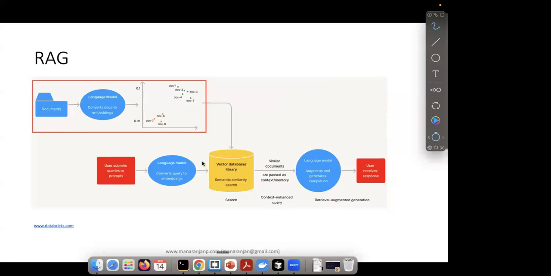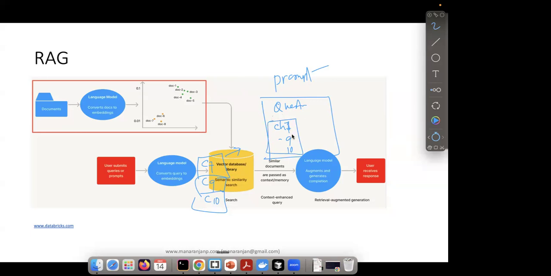So let's say chunk 7, chunk 9, and chunk 10 are the nearest matches. Rather than picking just one chunk, you can pick more than one chunk. Once the chunk is retrieved, we know which particular chunk it is. Then we create the final prompt, saying here is the question, and here is the chunk of the document, chunk 7, chunk 9, and chunk 10,